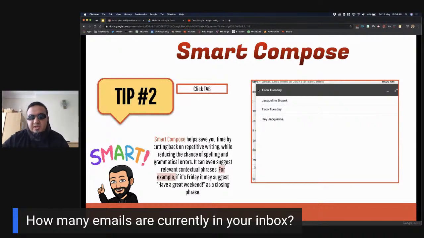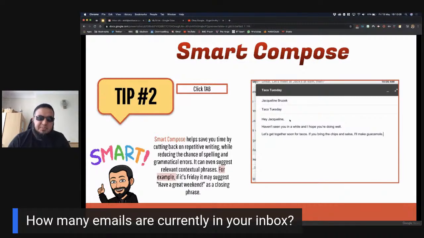For example, here it's put Jacqueline's name in. As soon as you type in hello or hi or hey, it'll automatically suggest Jacqueline, and then all you need to do is press the tab key or the right cursor key, and it will automatically populate what you want. What's really great about it is it will learn from what you are doing. As you type more and more, the artificial intelligence will learn the way you write and the way you type, and it's a really great thing to see.